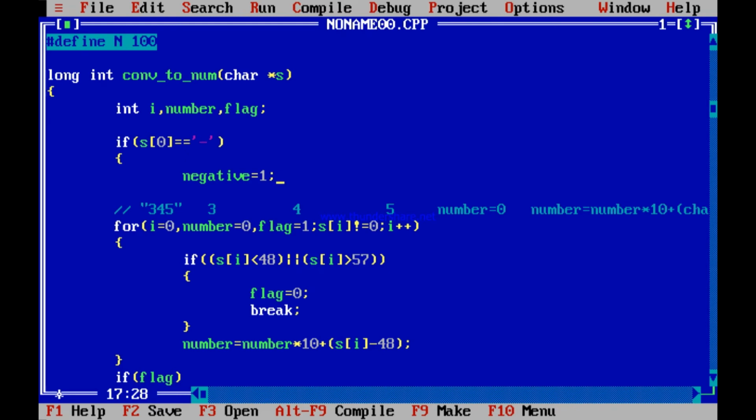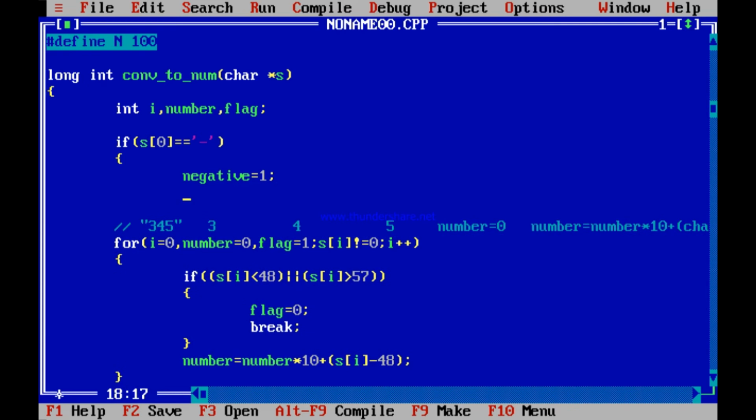And another thing I need to do: make a start variable 1, indicating that it will not start from 0, but start from 1.